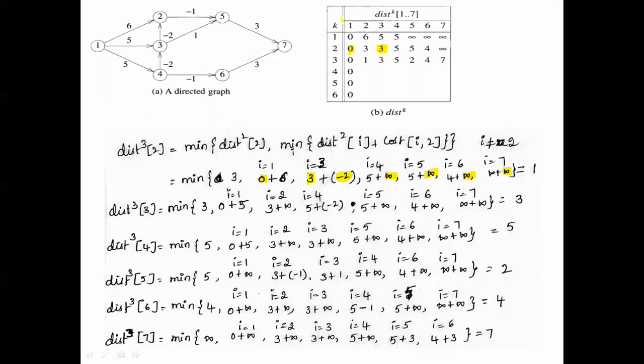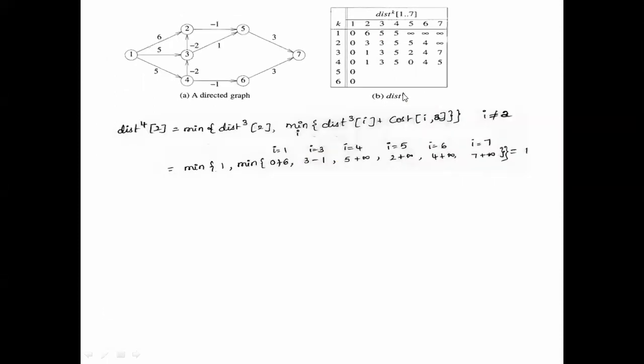Okay, I hope you understood how to apply the formula. I have solved it, but because of the time constraint, I'll tell you the values. If you have any doubts, you can ask me. Okay, so distance 4 of 2. For distance 4 of 2, you have to write the distance from 1 to 4, 2 to 4, like that. So here, first we are writing for 2.